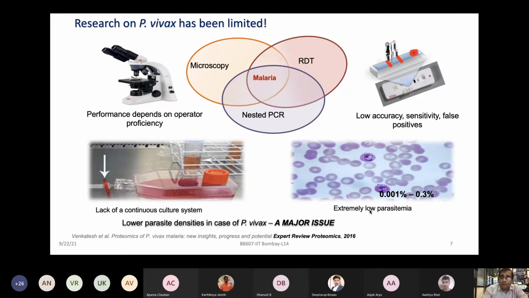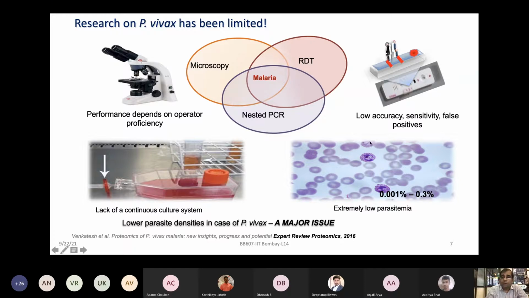But now, given that P. vivax, or Plasmodium vivax, is the most challenging causative agent for malaria, our progress in understanding vivax malaria in the last 10 years has not been as rapid as it should have been. Ideally, everything is based on knowledge from falciparum, which has been studied for several decades. So all the rapid diagnostic tests, looking at the morphology of these pathogens under the microscope, and PCR were developed for falciparum to begin with, and slowly people started incorporating other malarial pathogens, especially vivax.